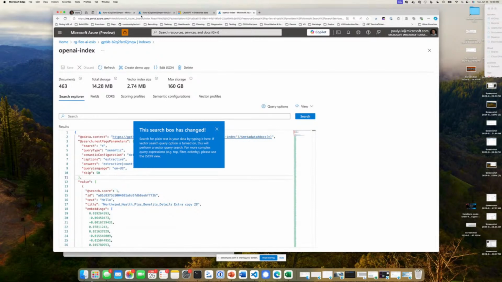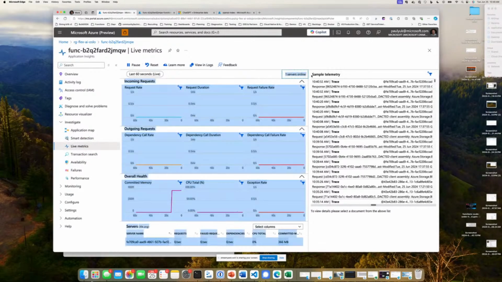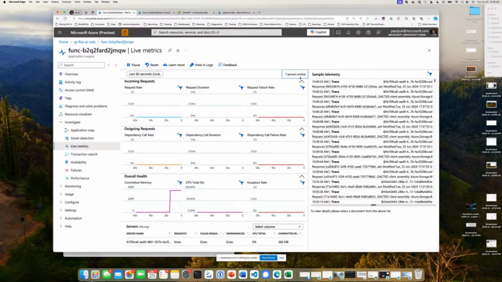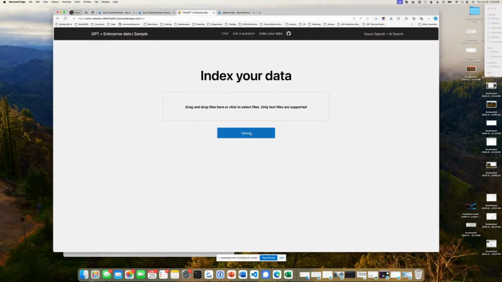And then one other thing I like to do, here's our live metrics. Like Thiago's been showing, note that we have an instance online, probably just servicing this monitoring dashboard. I really need to investigate why it's not 0, but I do think it's the inspection effect. But if we go ahead and come back to our app, let's upload some more data.